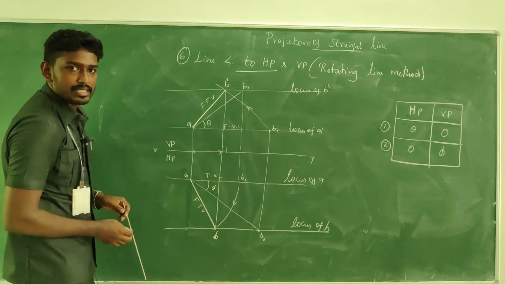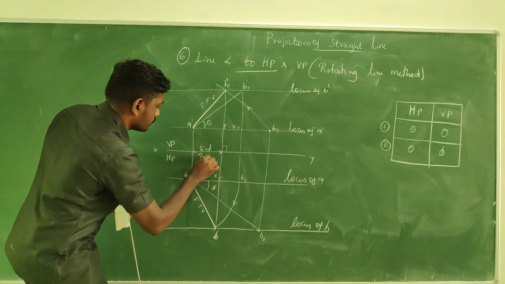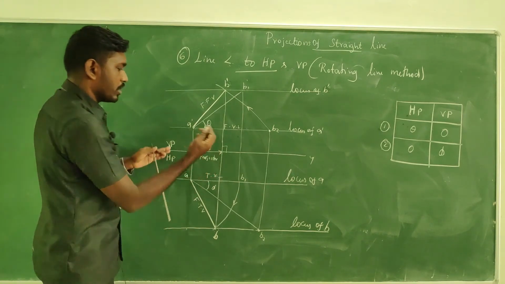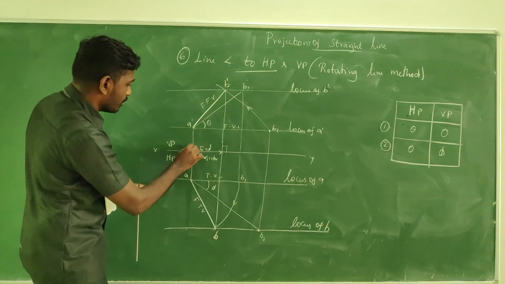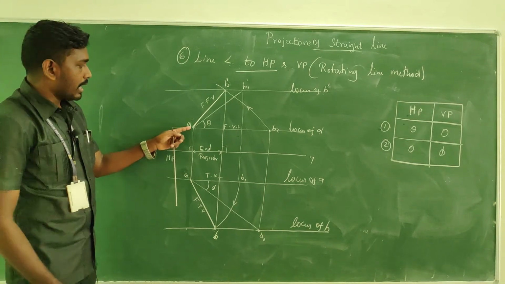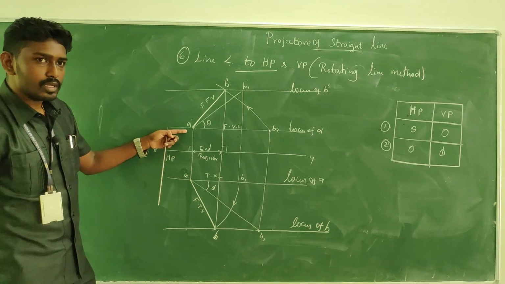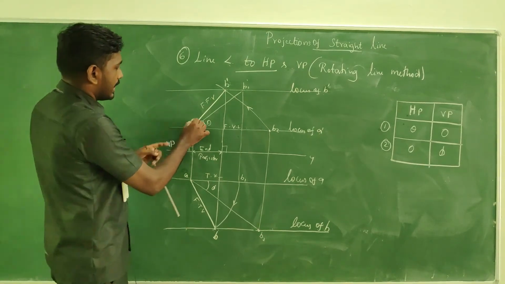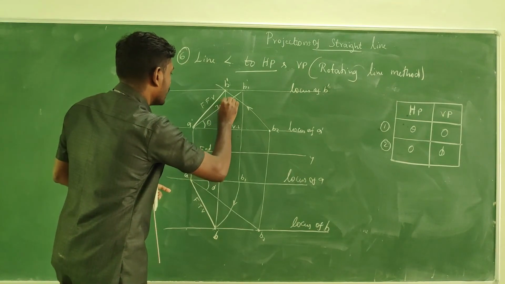This distance we call the end projector. When you have your profile, these end projector lines will always be 90 degrees to XY. And the line A dash to B1 dash, we call the true length,